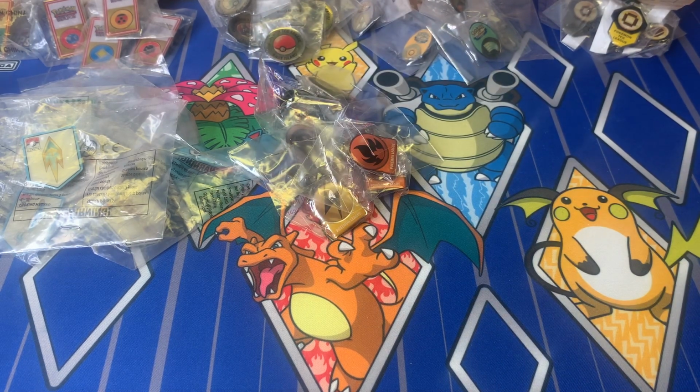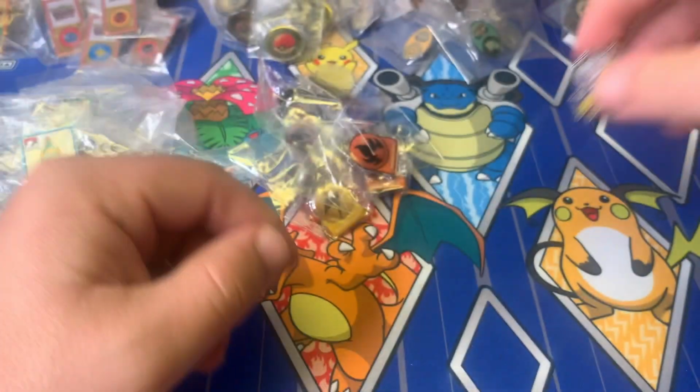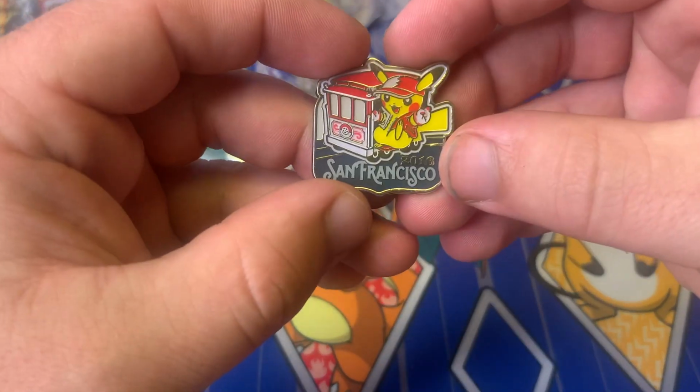So he just had them sitting around. He said he probably wasn't going to be able to do anything with them just because it's going to take a lot of work, and he just didn't have the time to do that. So he said he'd be interested in possibly trading for the pins. I told him that I was interested in that, and he sent me a couple of videos of the different pins that he had,